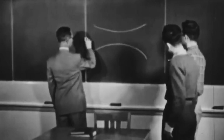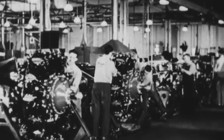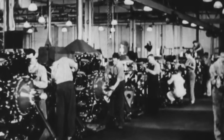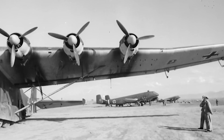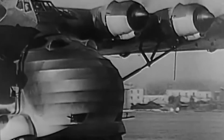To address these issues, Messerschmitt engineers implemented several refinements. The engines were upgraded to more powerful Gnome-Rhône 14N4849 models, each producing 1,140 horsepower, providing a much-needed boost in performance. The defensive armament was also increased, with some later versions carrying up to 11 machine guns to improve survivability against